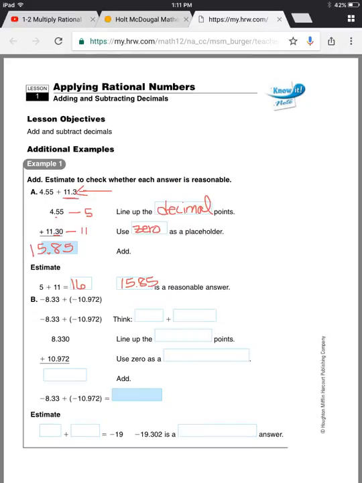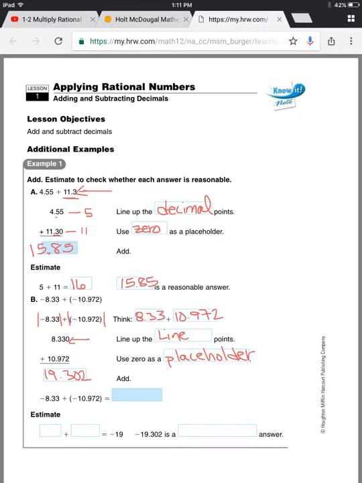On B, we have two negative numbers. So because we have two negative numbers, we're going to take the absolute value of both, correct? So we're going to think 8.33, because that's the absolute value of negative 8.33, plus 10.972, because that is the absolute value of negative 10.972. Then we're going to line the decimal points up, and we're going to use 0 as a placeholder here, so they both go out to the thousandths place. Then we're going to add, and we get